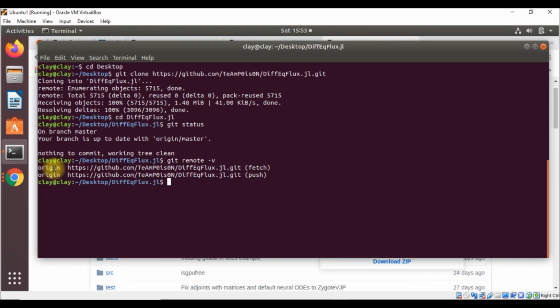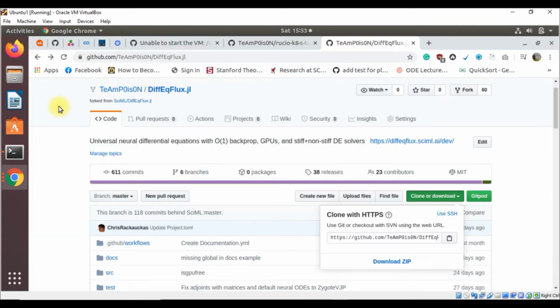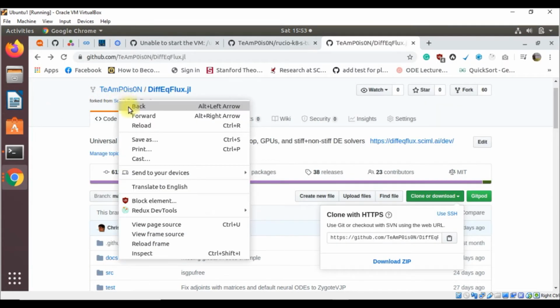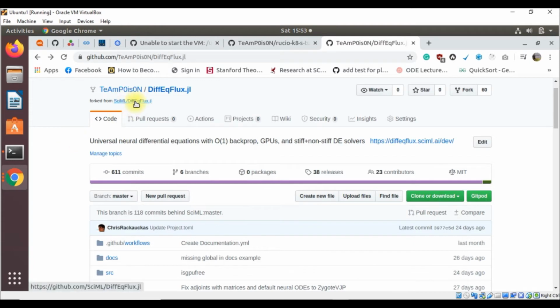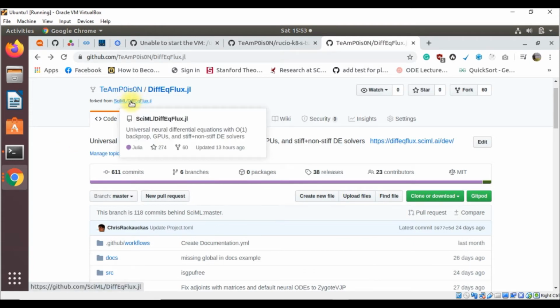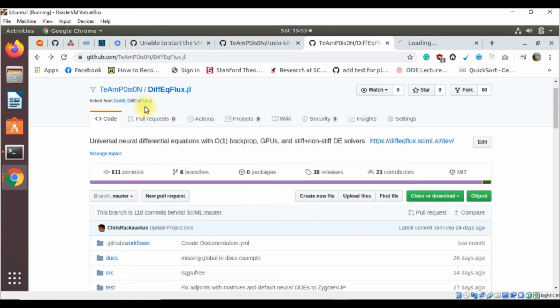We will specify a new remote upstream repository that will be synced with the fork. To do this, we give the command git remote add upstream and the hyperlink of the original repository. I forked from SciML DifferentialEquations.jl, so now I will point to it here.